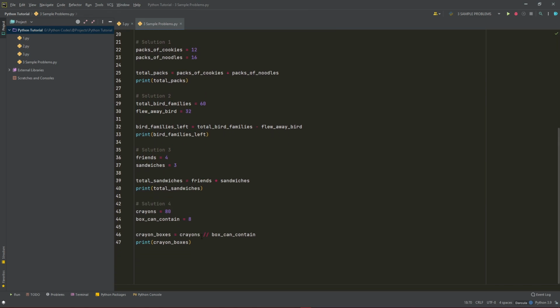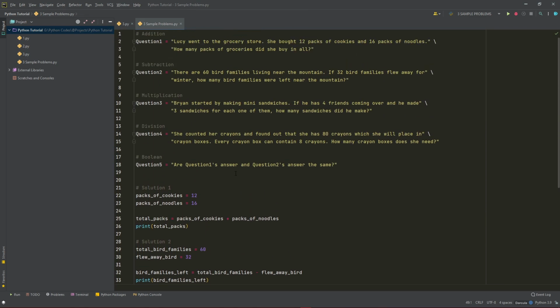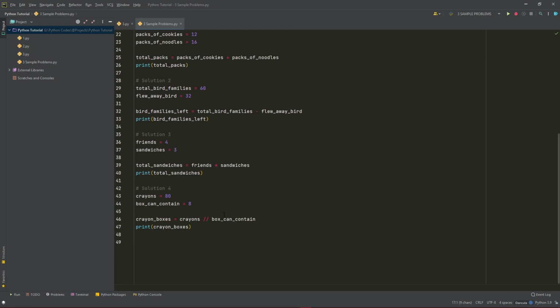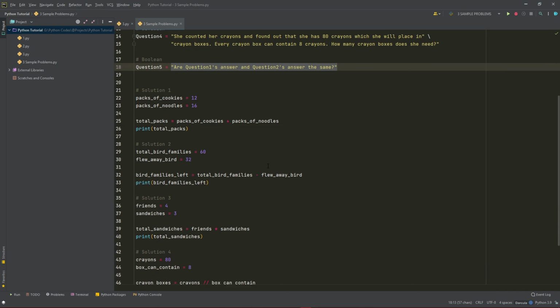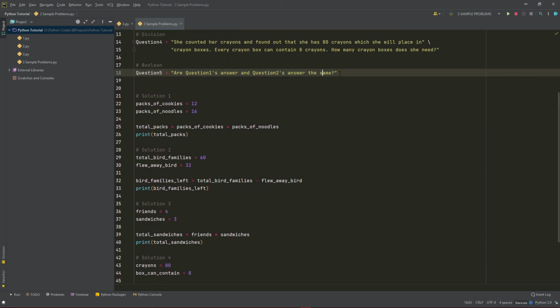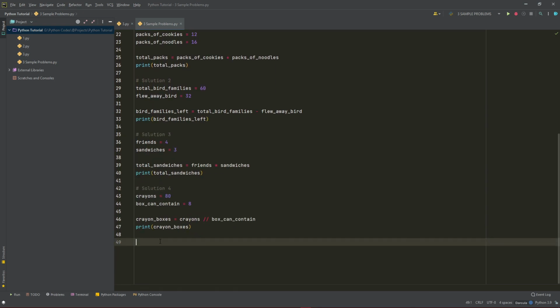Well, we need to find out, is it true or false. So we're going to use what we call the double equal sign because we want to know if they are basically the same. So we are going to have the solution 5